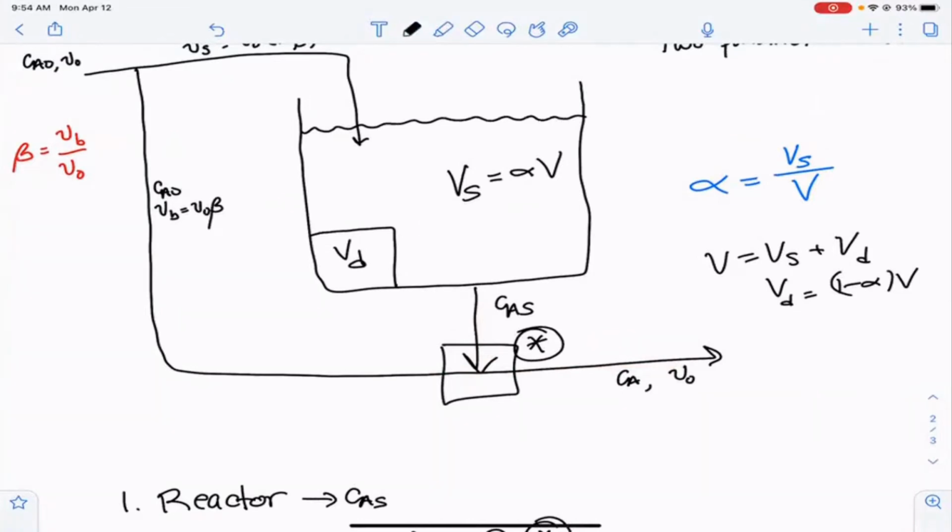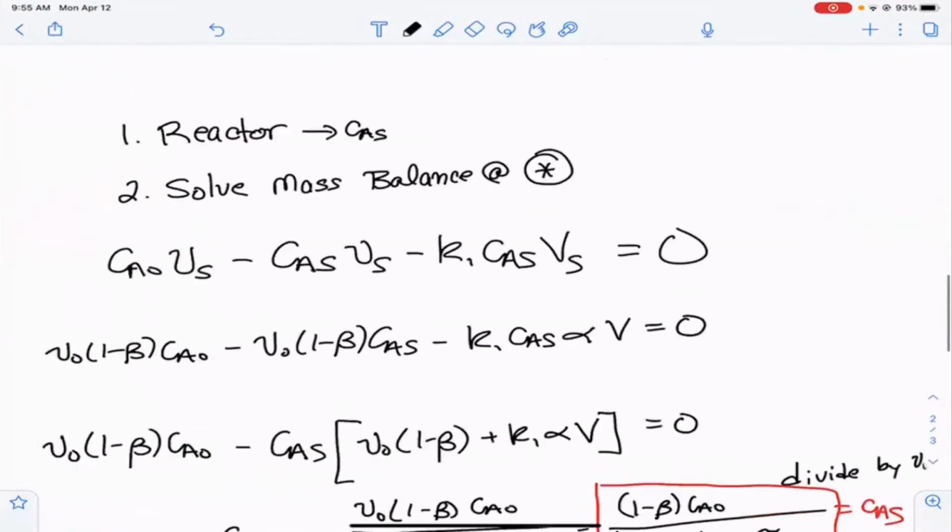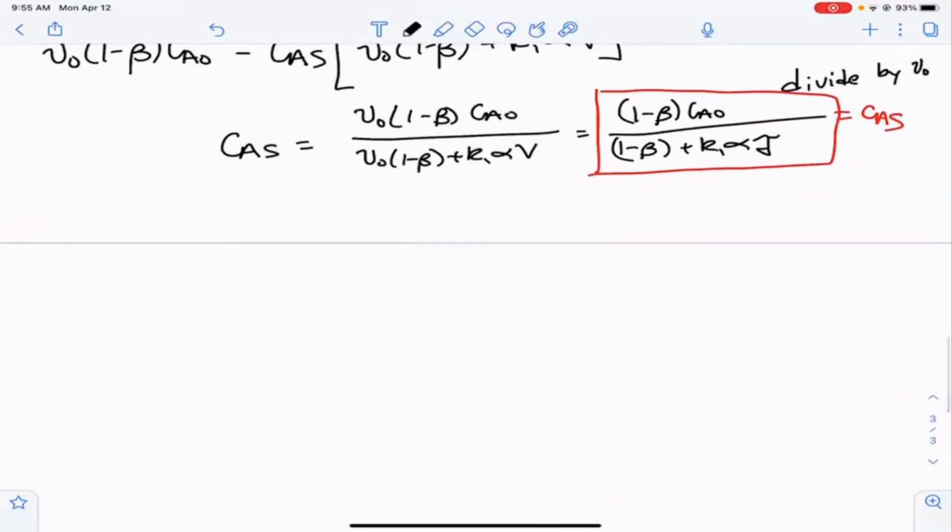The stream that's coming in here is the bypass stream. The stream that's coming in from the reactor has the fraction that went through the active volume. And then the volumetric flow rate leaving is actually the full volumetric flow rate because they've come back together, and it's at the final concentration of A. This is the thing that's going to end up giving us what the actual conversion is inside of this reactor. So at this thing that I've called the mixing point,